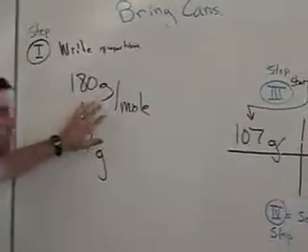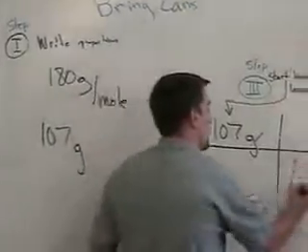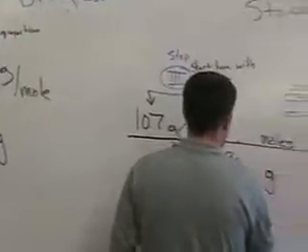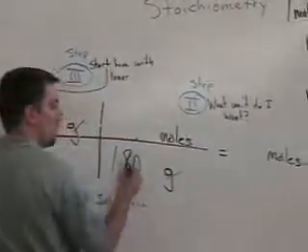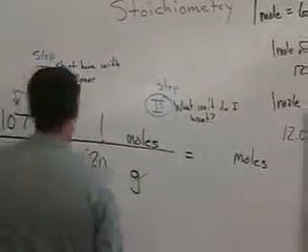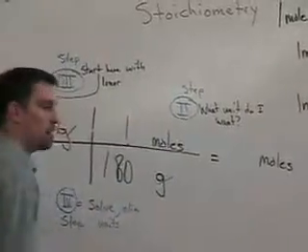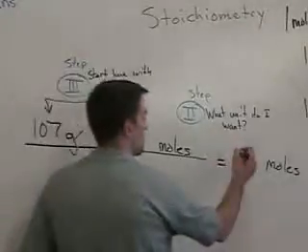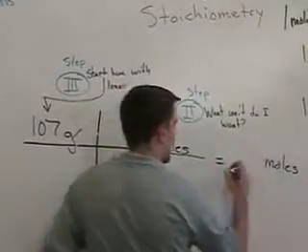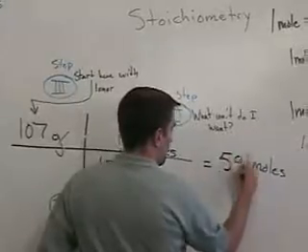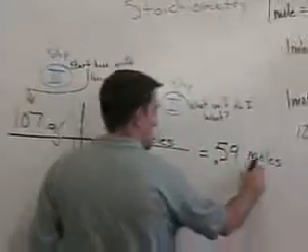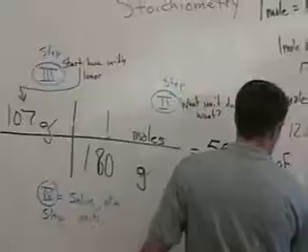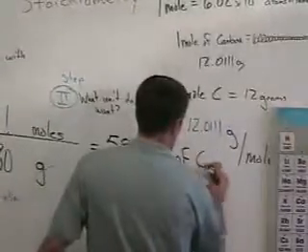Oh, hey, there's a proportion that fits that style. 180 grams for every 1 mole. And I take 107 and I divide it by 180. I don't remember that answer. 0.59. Oh, I do remember that one. Moles of C6